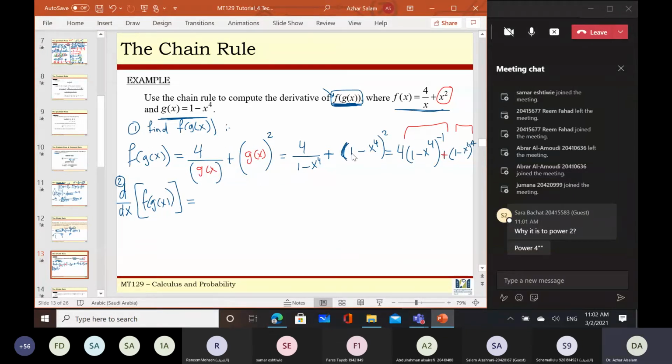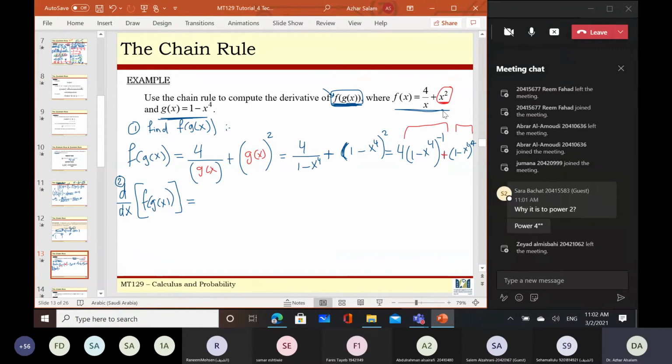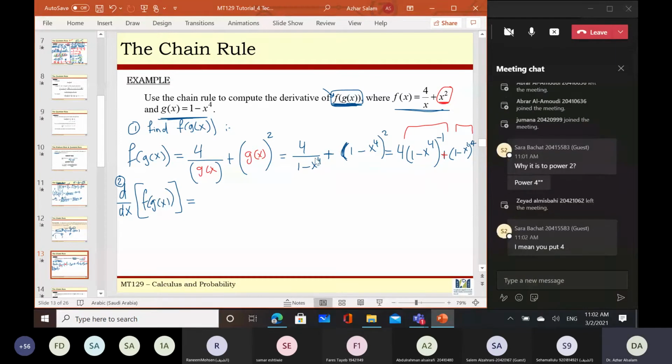So this is g, 1 minus x to the power 4, all square من هنا. عوض في الدالة f بالدالة g. To the power 4, we don't have any mistakes, right? Here divided by x, I substituted with g, 1 minus x to the power 4, صح؟